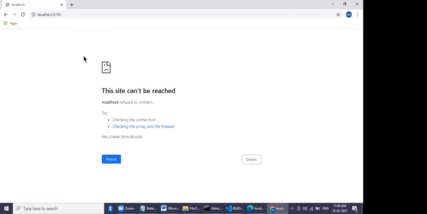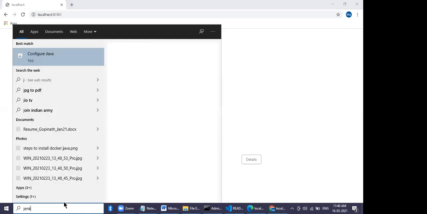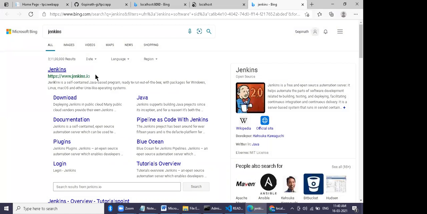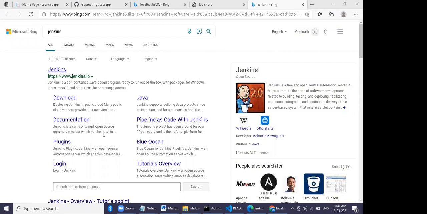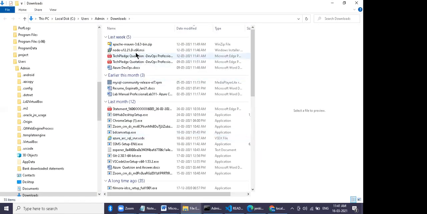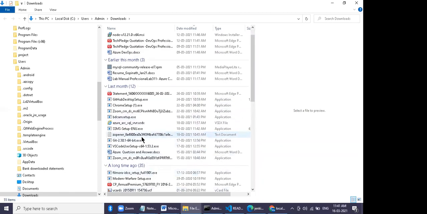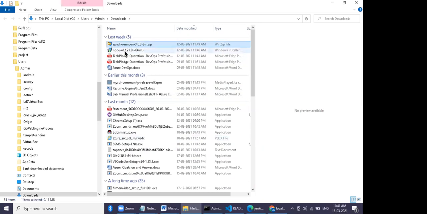It's not working. I think Apache Maven we have installed, Node.js installed, but Jenkins not installed.